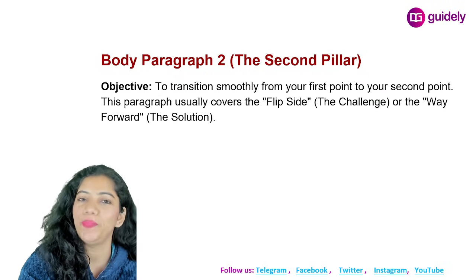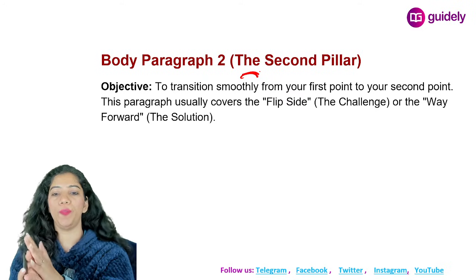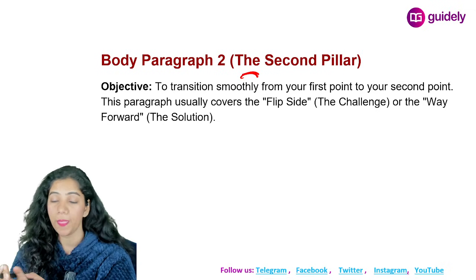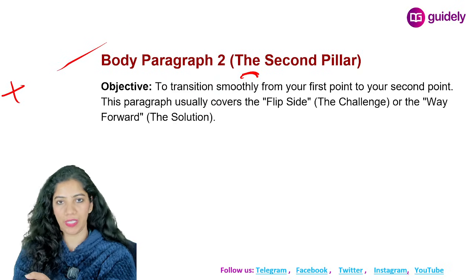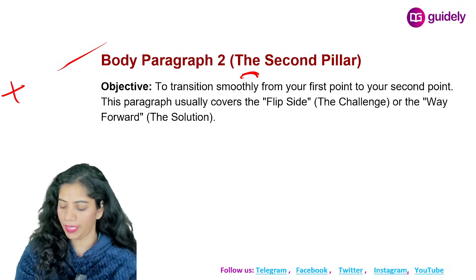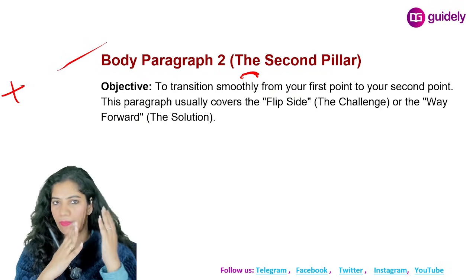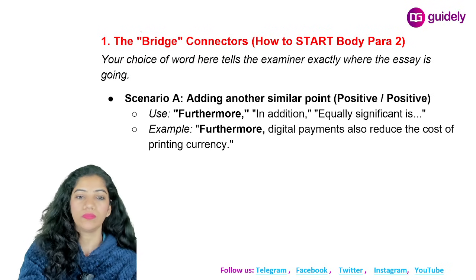Okay. Body paragraph number two. अब यहाँ पे हमें ट्रांजिशन करना है. अगर एक पॉइंट पॉजिटिव है तो दूसरा नेगेटिव आएगा. पहला नेगेटिव है तो दूसरा पॉजिटिव आ सकता है. वैसे हमेशा पॉजिटिव फिर नेगेटिव चलता है. एक चैलेंज है तो उसका सोल्यूशन दीजिए. और या फिर अगर आप बात कर रहे हैं किसी लाइक डिबेटिकल पॉइंट के बारे में तो उसके बारे में पहले एक का पहलू और फिर दूसरे का पहलू आपने बता देना है.